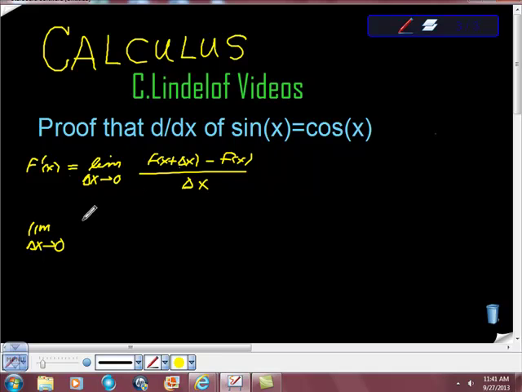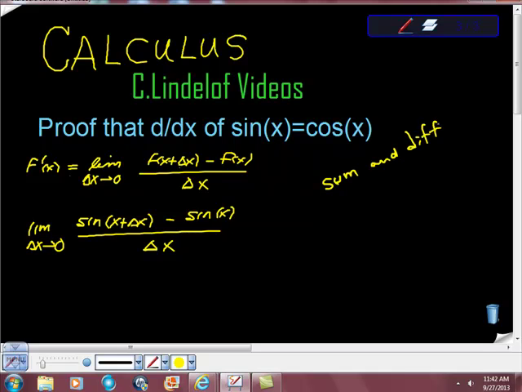So I'm just going to write limit as the change in x approaches 0 of, and I'm going to fill in the blanks here, and my first function was sine of x plus change in x minus sine x, just following the example here, all over change in x. Here's where I think professors kind of blow it, because they make an assumption here, and they assume that we remember this sum and difference rule. In trig, there is the sum and difference rule,